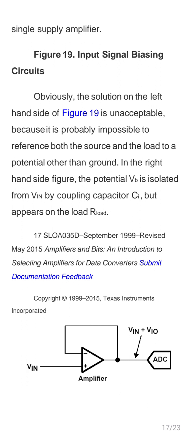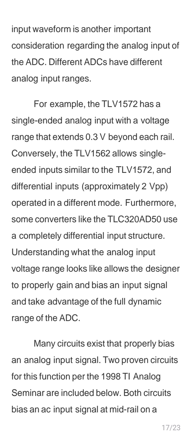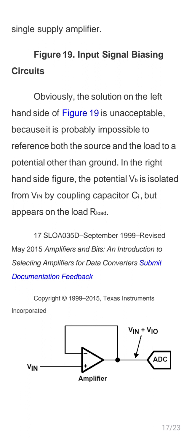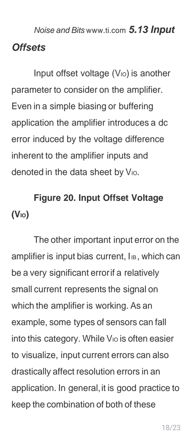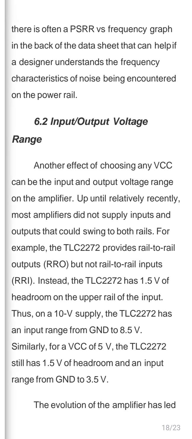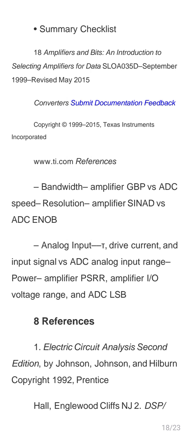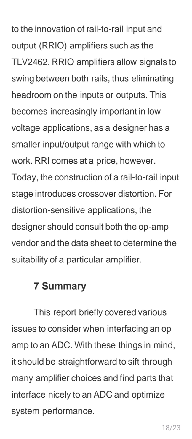This is the input bias currents. It applies in inverting amplifiers only. If input is applied, then the feedback is used. It is a non-inverting amplifier. Then for the analog to digital converter, the input voltage plus output voltage is added here. You can find out the parameters of the op-amp: the input offset voltage, power supply, power and ground planes, input and output voltage range. These are the main parts of operational amplifier circuits.